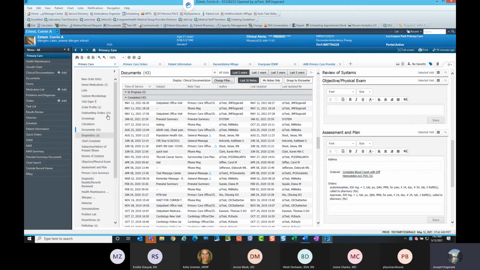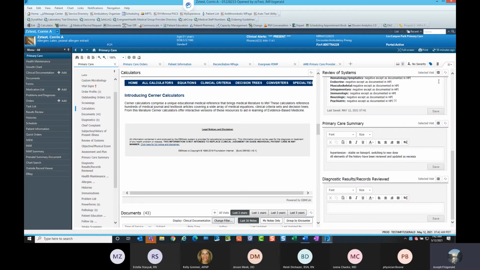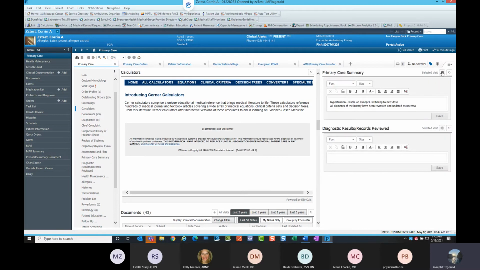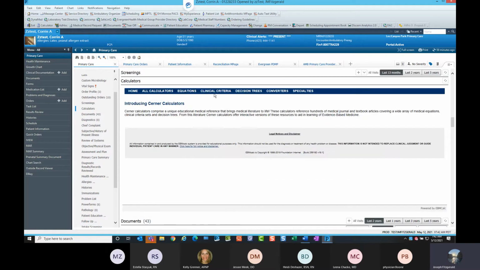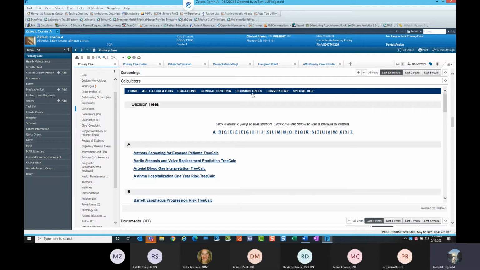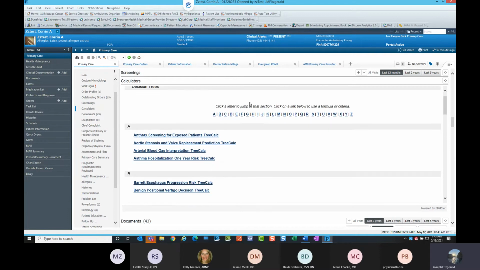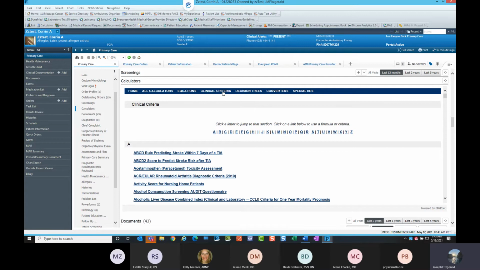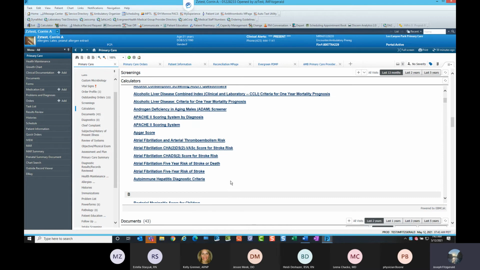All right. So there's one other thing that you can bring into your text, and for the sake of this, I'm just going to move all these back over for this screen, and that is the calculators. Now some providers use these and some don't, but there's multiple different types of calculators in here. And you can just open these up and kind of go through these if you like. I'm going to show you what you can do with the results. If you find one that you're going to fill out, I'm going to do